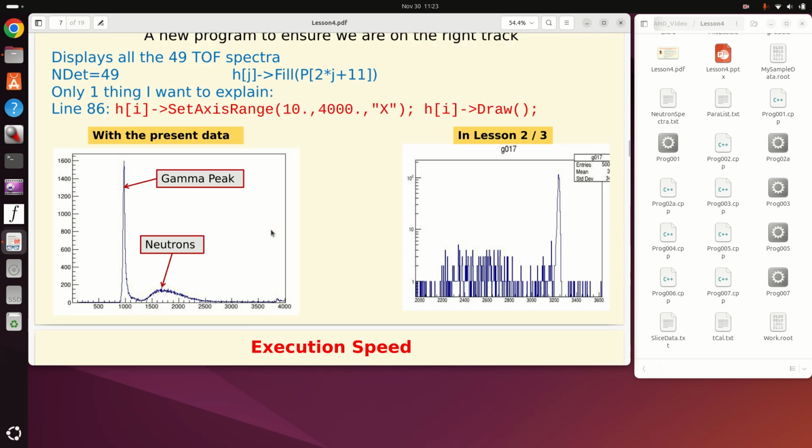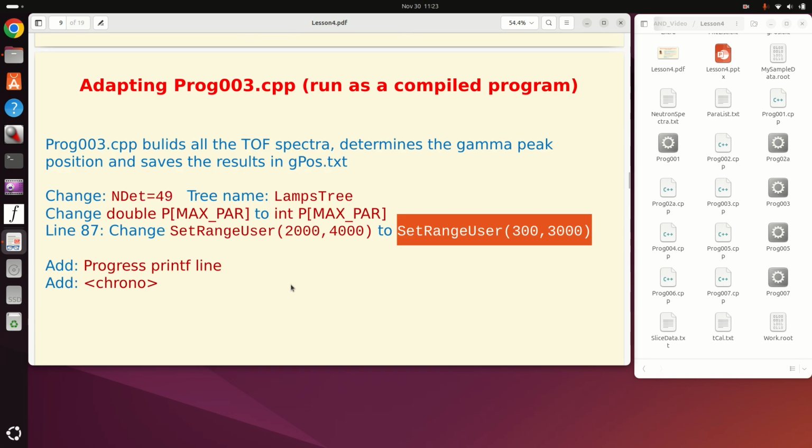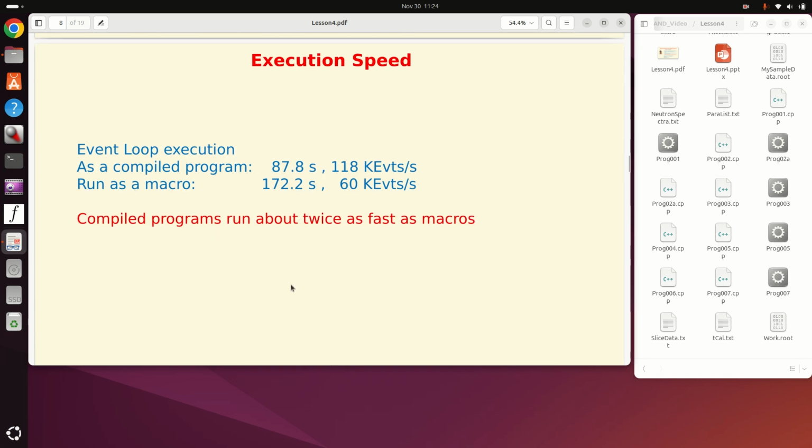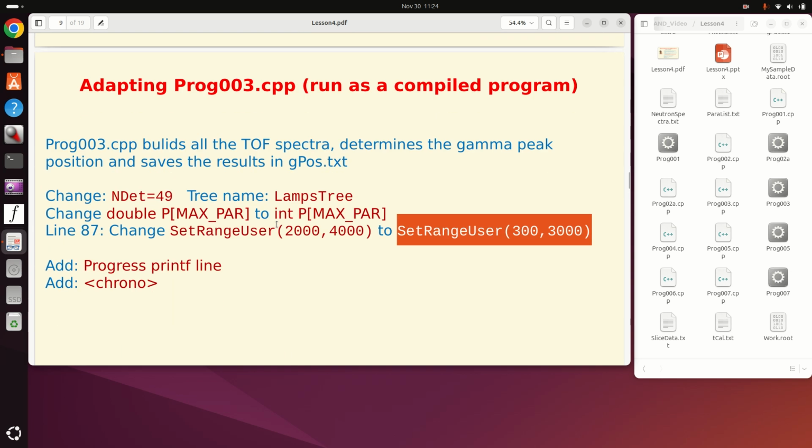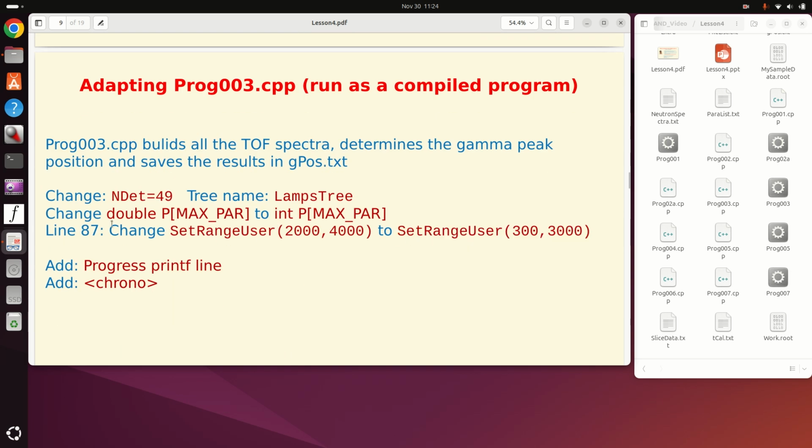You always leave out the first few channels where you have higher counts, so that part is not to be included. But with something safe like 300 to 3000, the highest number of counts from 300 to 3000, you don't need to really go all the way up to 3000. All the peaks will be close to 1000 or so. But anyway, you can have it a little more without any problem. So when you run now the program 3 with this essential change, then it will produce